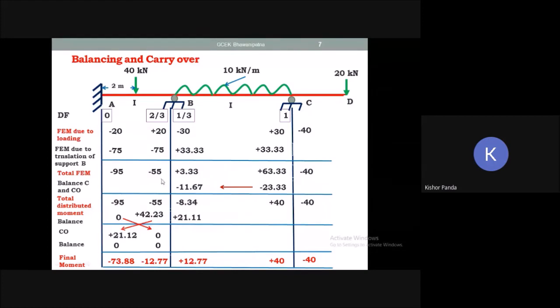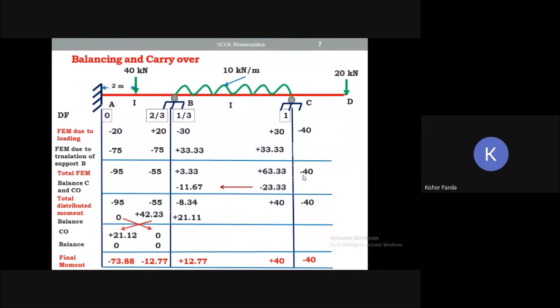Then what is the next step? If the end support is simply supported or overhanging, first you balance that simply supported end or overhanging end, because you know the moment at the overhanging end. Here you see the moment is minus 40 on this side, so this side the moment will come plus 40, and then this will be balanced. But if the end is simply supported, what is the moment there? 0. At the simply supported end, the moment is 0. So first you have to balance the simply supported end or overhanging end. So this support you have to balance.